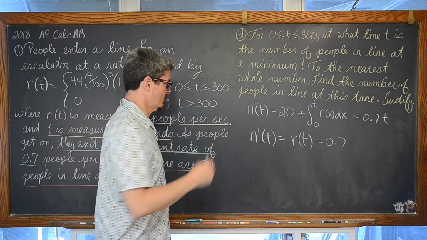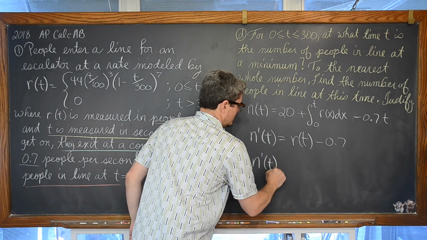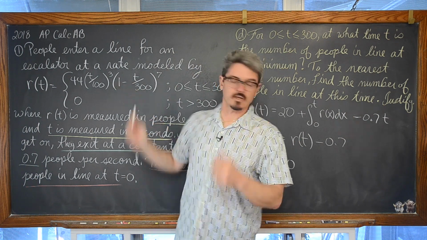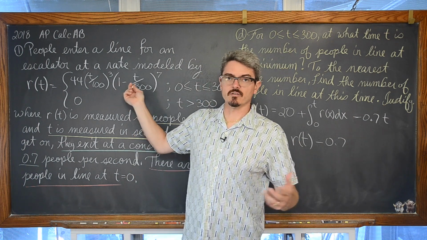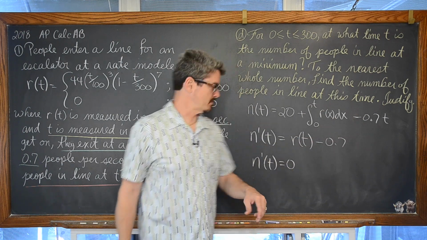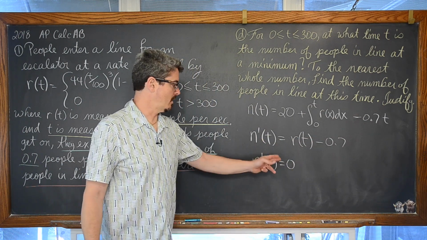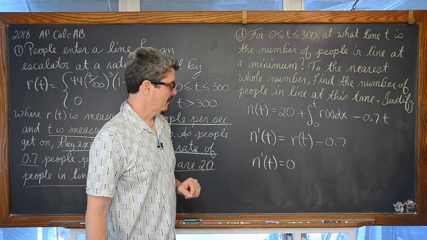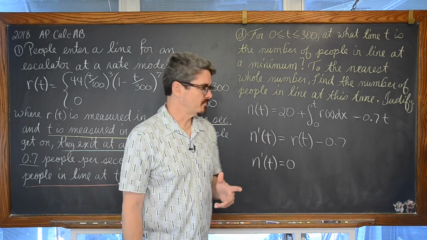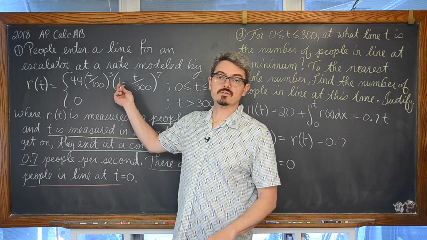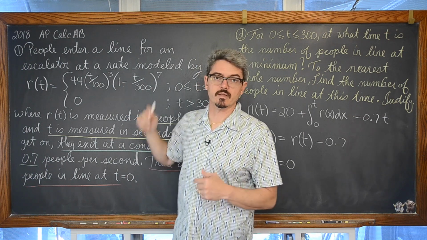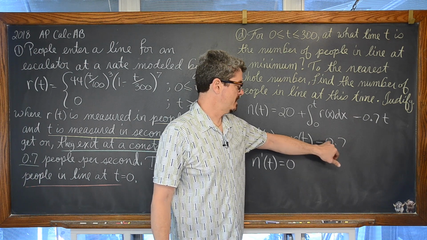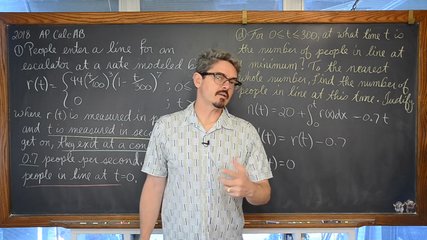Now we have to find the critical value. We have to find out where that derivative is equal to 0 or undefined. And r of t, that's why I looked over here. This r of t being this function, this is not going to be undefined anywhere, so there's not going to be any place where the first derivative is undefined. But where is it equal to 0? Well, again, we need to lean on our calculator for this. And what I like to do is we've already got this function typed in for y sub 1 in our calculator. Now for y sub 2, type in that y sub 2 is equal to negative 0.7 and find out where those graphs intersect.